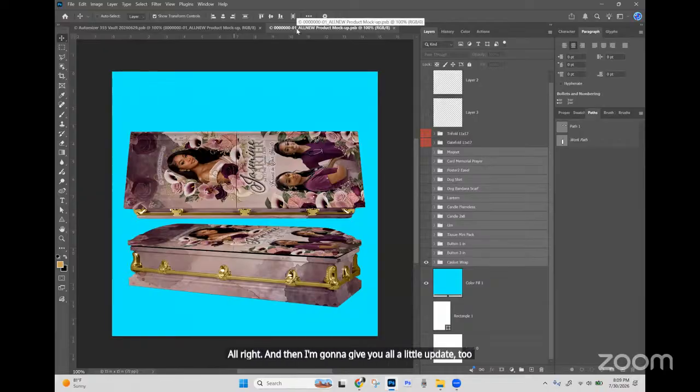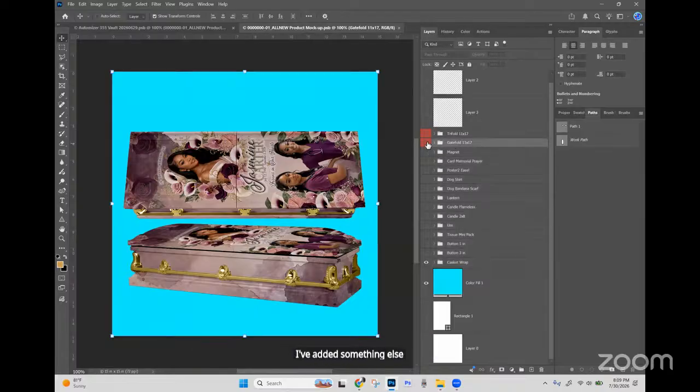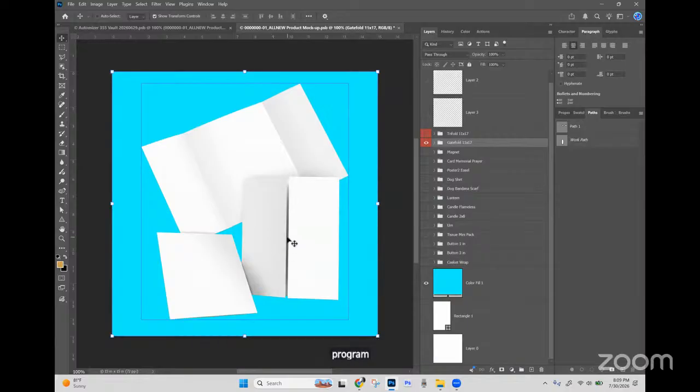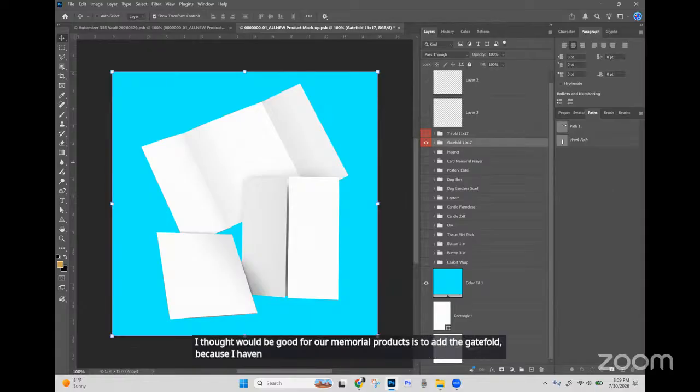So these are new products in the Automizer. I've got two more things to do. I've added something else as of today. I realized there's something called a gatefold. How many of you have heard of a gatefold program? Where basically instead of it opening like a bifold book or opening like a trifold program, the center of it opens up like gates would. Well, one thing I thought would be good for our memorial products is to add the gatefold, because I haven't seen that